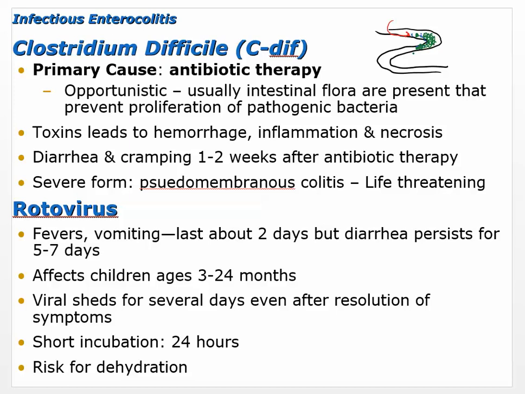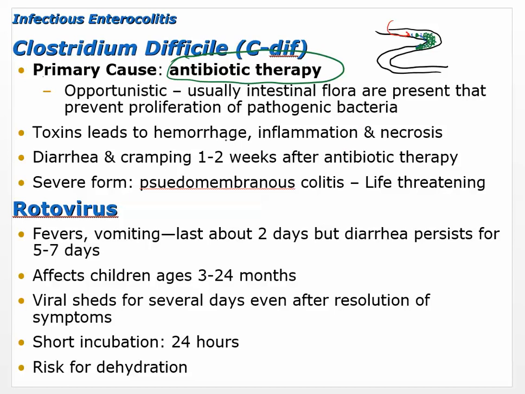Okay, so the way we say that is we're going to say that the primary cause is antibiotic therapy, so the use of antibiotics, and we're going to call it opportunistic. So it's not just taking over because it's such an aggressive bacteria. It sort of looks around and says, oh, gee, everybody left. I guess I'm going to start growing now. So opportunistic, usually intestinal flora are present that prevent the proliferation of it, but in this case, it can take